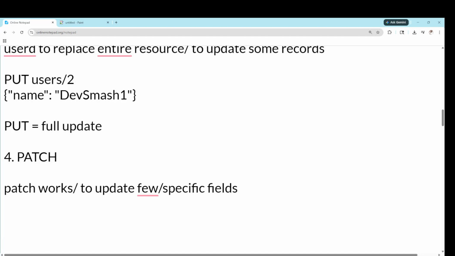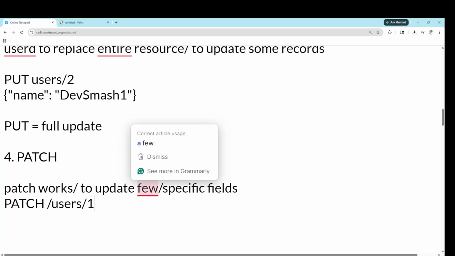Instead, put we generally use for the full update, okay. What's the syntax for it? Basic, the simplest thing is like patch. It will look similar to the post, but they both are used in different scenarios. Okay, I have already told you put we use for replacing the entire resource, and patch we will use for some patchwork, or when you want to update some specific fields.